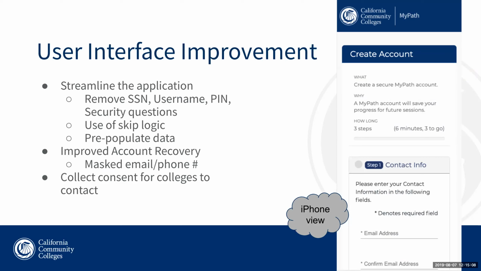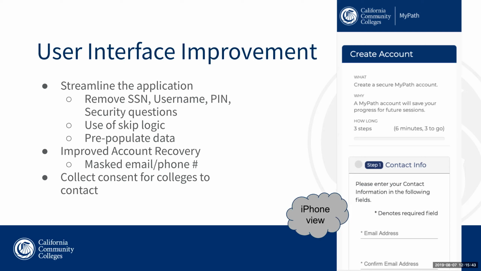Some more user interface improvements that we have integrated. As you'll see, we're going to streamline the application. We currently ask for a lot of information from a user. It takes quite a bit of time, and some of those pieces of information folks are not comfortable giving out. So we have removed the Social Security number requirements, or even the question at all. It's not a requirement now. You can check a box and not enter it in the current application,